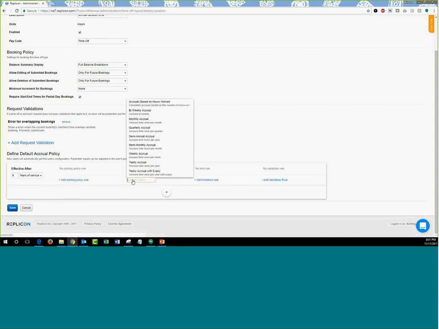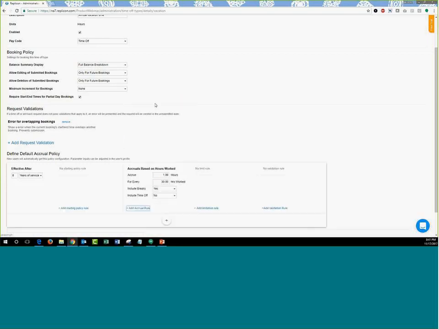So you have your accrual rules based on either a duration like biweekly, monthly, quarterly, and so on. Or we have two extra accrual rules. One, for example, is accrual based on hours worked. So here you can define, as there are some legal laws in some countries where you have X number of hours accrued based on the number of hours that you've worked. So in here you can define for every number of hours that you actually work, how many hours you actually accrue. So you can have those mentioned right here.